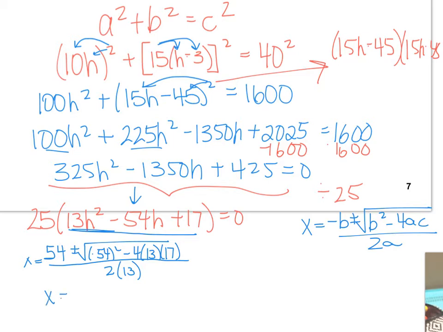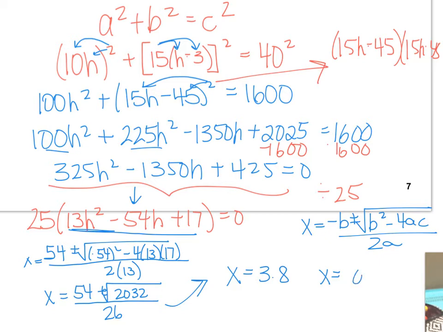And punching that into your calculator, you should get 54 plus or minus the square root of 2032 divided by 26. So we're looking for approximate answers here. You're going to get an answer of x equals 3.8 or x equals 0.34. Now, remember that this is in hours right now,